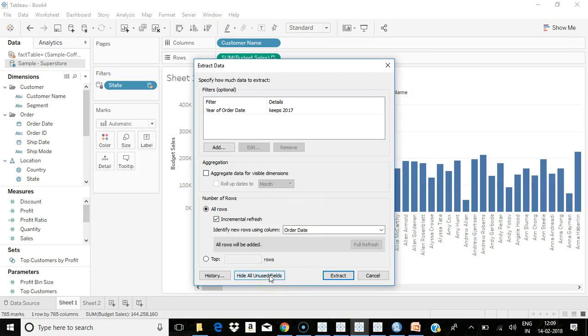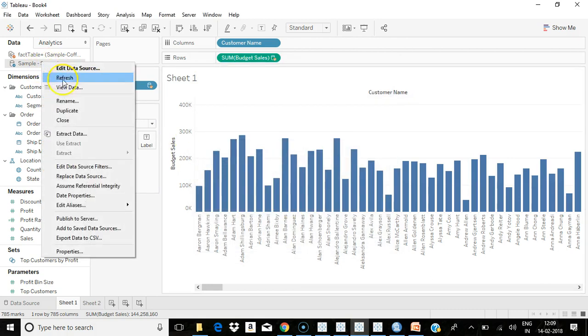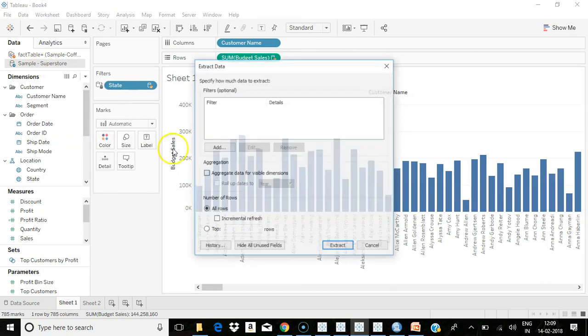You can also hide the unused fields which are not actually used in your visualizations or dashboards, which is also going to reduce the size of your data and improve the performance. If you are not specifying incremental refresh, by default it does a full refresh of the data every time you do the refresh.